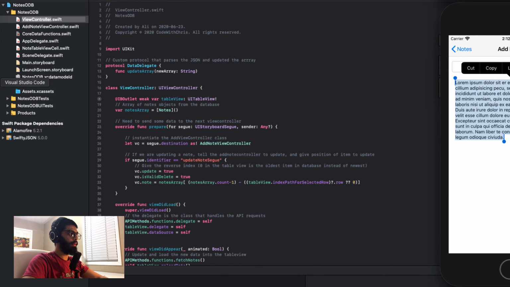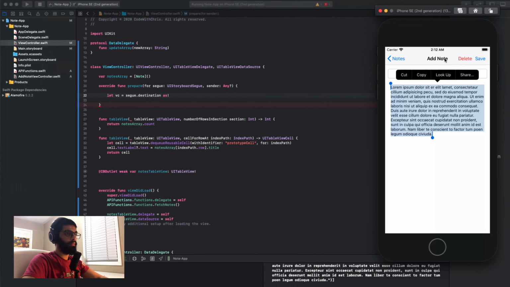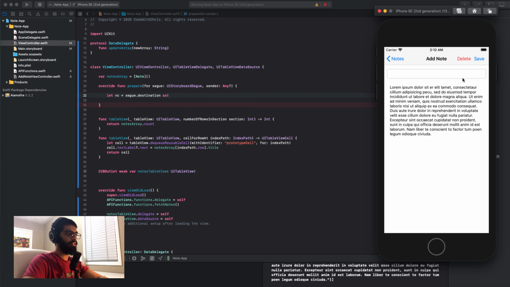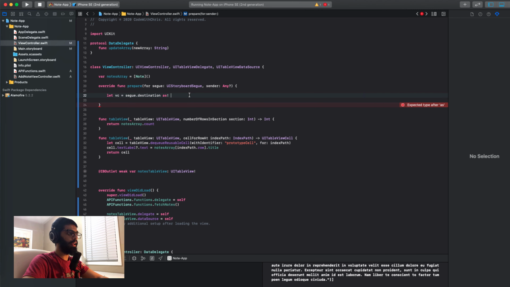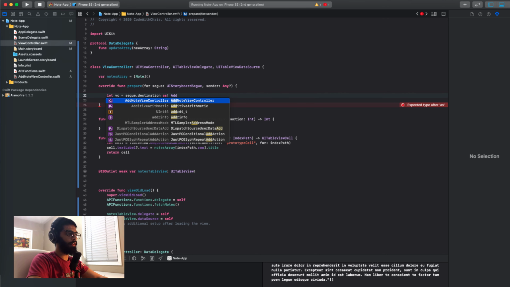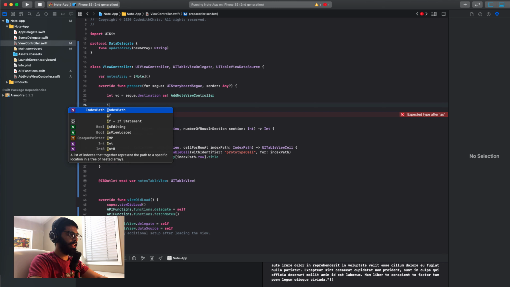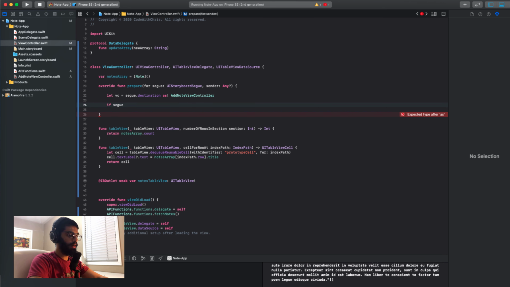So for example, I'm on the main screen, which is the view controller called ViewController, and I click something and I go into this view controller, which is called AddNoteViewController. So then I'm going to say as AddNoteViewController. Now I'm going to give it an if statement. I'm going to say if segue.identifier